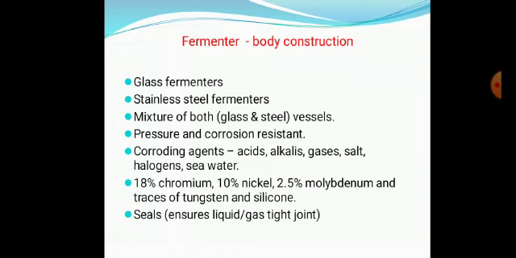Next, fermenter, how does it look? There are two types of fermenters: glass fermenter and stainless steel fermenters. So basically every industry will use either glass or stainless steel. In olden days, 80-90 years before, people used to use wooden fermenters and fermenters made of rock. But nowadays they don't use wood or rock, they use glass or stainless steel. Glass is small scale. Whenever you do small scale fermentation, people use glass fermenter, and whenever you do large scale fermentation, people prefer stainless steel vessel.